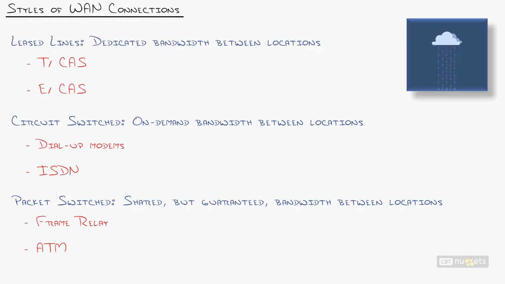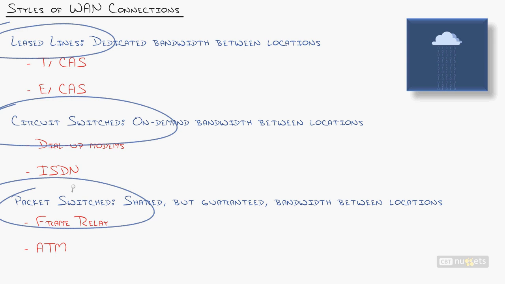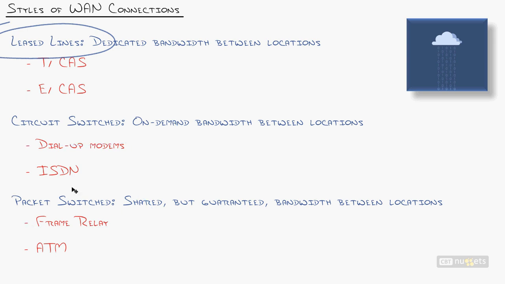That now leads us into understanding the kinds of connections that you can have. They break down into 3 big categories: leased lines, circuit switched, and packet switched networks. Think of these as umbrellas of technology. I'm actually going to start off with circuit switched because it's one of the oldest kinds of technology. You know you're in a circuit switched world when you hear